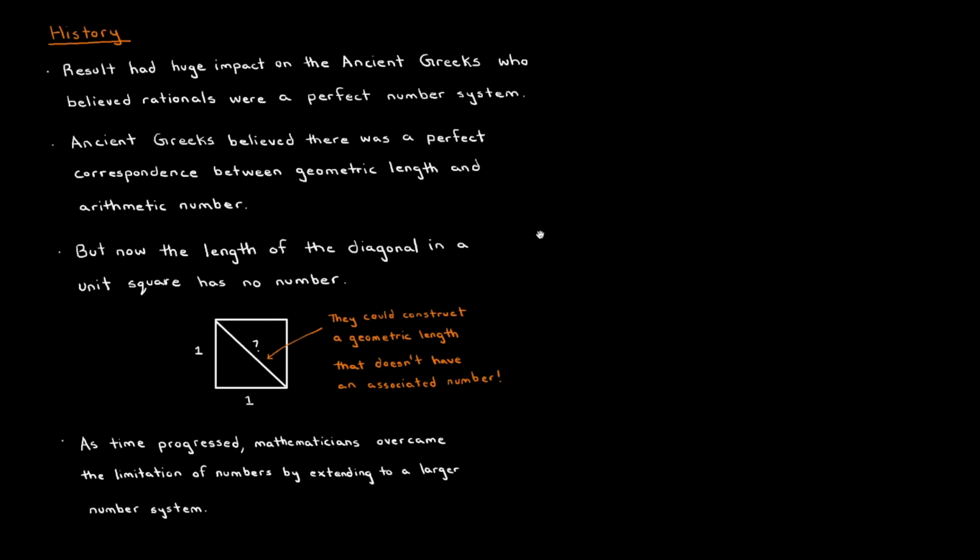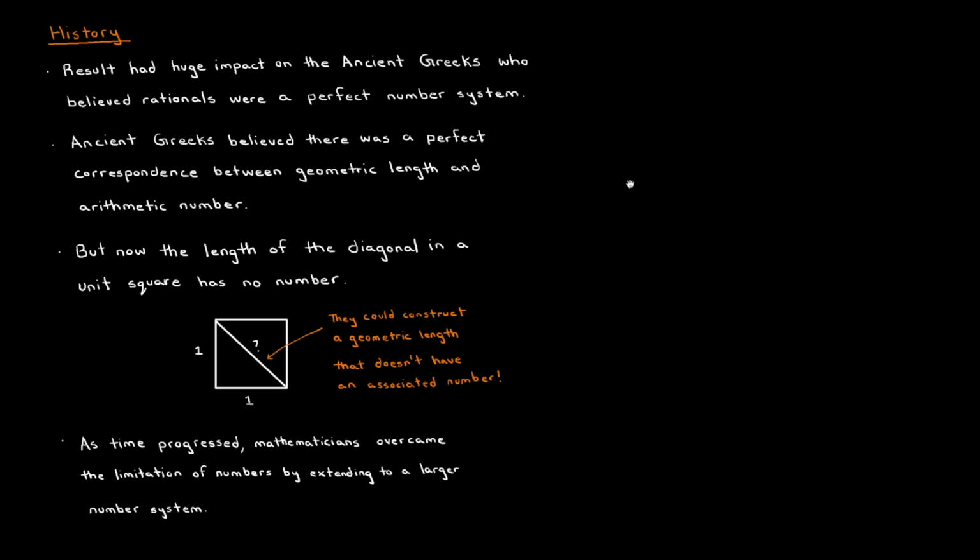Next, I would like to give you a bit of historical context and the significance of this result. So this result had a huge impact on the ancient Greeks, who believed that the rational numbers were a perfect number system. Well, back then they didn't have this concept of the rational number system, but they believed that all quantities could be expressed as just ratios of whole numbers. And what they also believed was that there was a perfect correspondence between geometric lengths they could draw and arithmetic number. That is, no matter what length they drew, they could always assign it a number, and every number corresponded